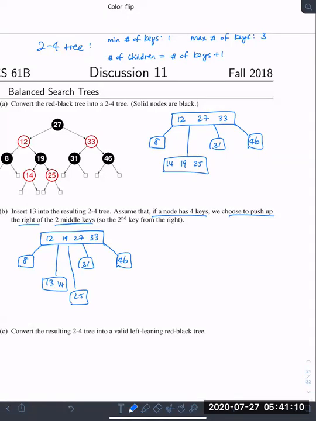Basically, we need to keep pushing up until we don't exceed the max number of keys. And so again, we're going to be pushing up 27. So 27 is going to go here. And so 12 and 19 is going to go to the left, and 33 is going to go to the right. And recall that the number of children